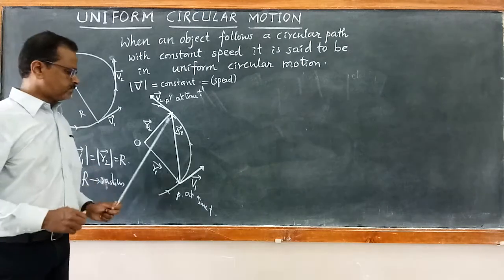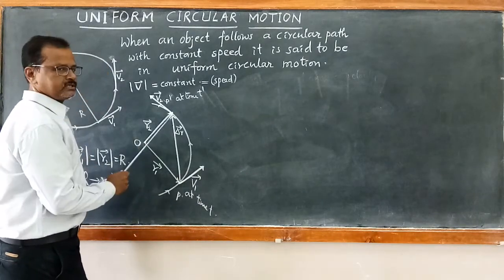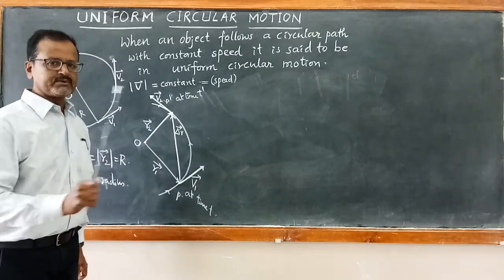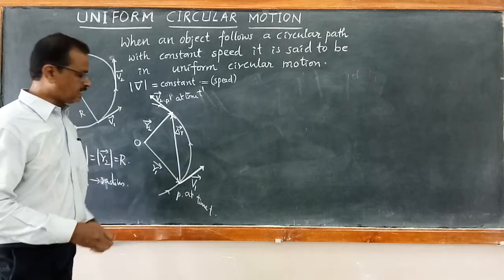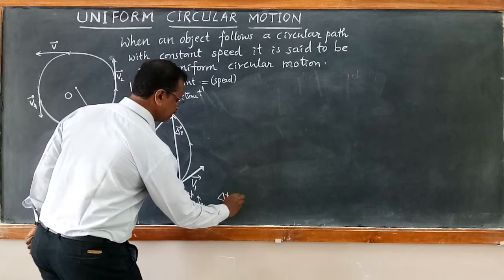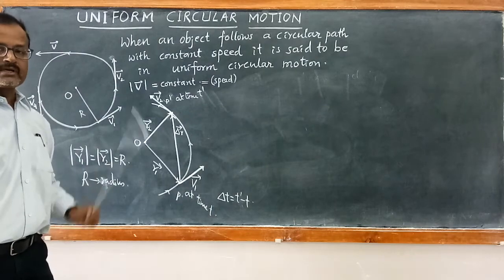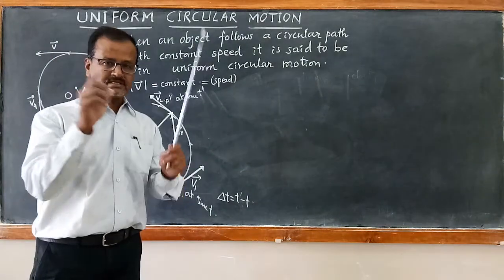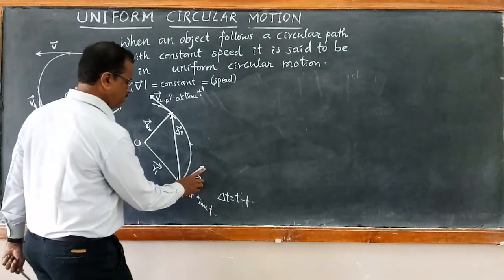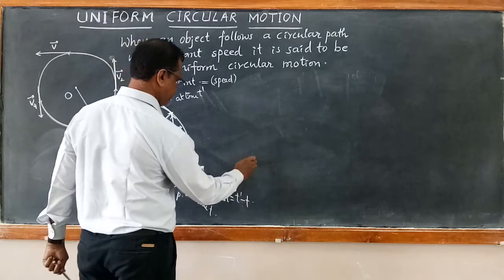So for that, the procedure is, in this time interval from t to t dash, the difference in time is t dash minus t. That difference in time we take as delta t. In this time, t dash minus t, what is the change in velocity that we have to calculate? So change in velocity gives us delta v. So this is a vector problem. So draw a parallel vector here, same length, draw here.